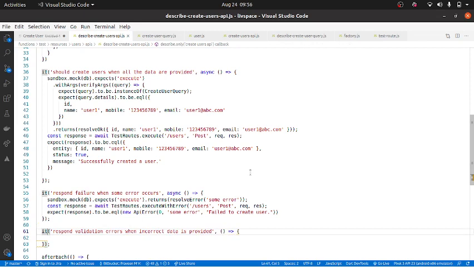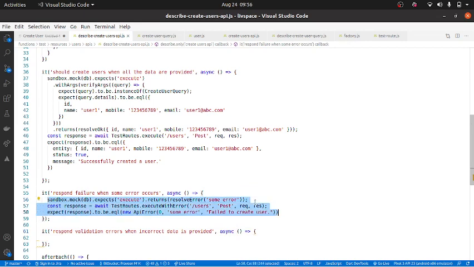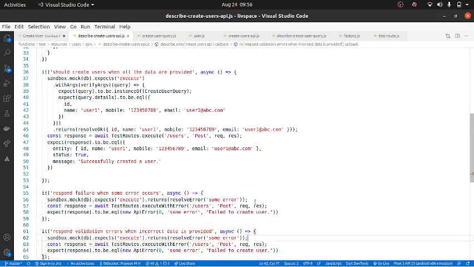Okay, so I'll just make this async. In this case we basically need to pass a validation error, and we will go here.